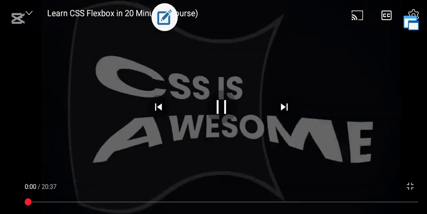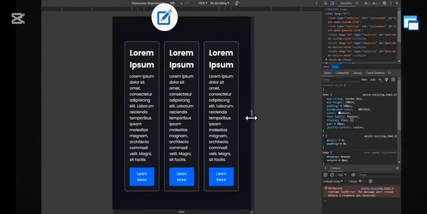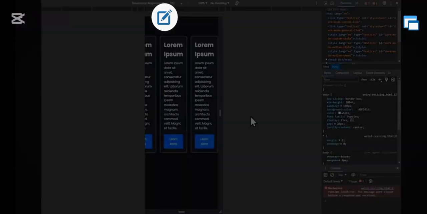Have you ever struggled with overflowing elements or weird resizing behavior in CSS, and you just want to be able to create these? In this video, you will